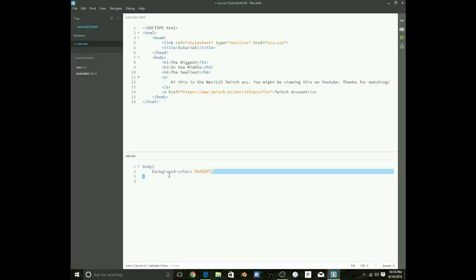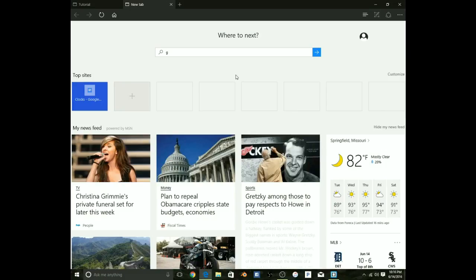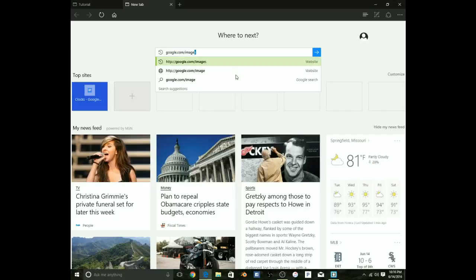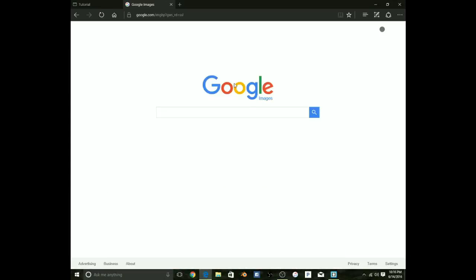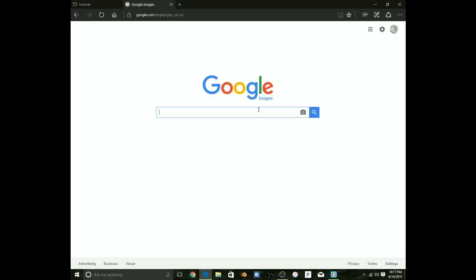Maybe you don't want a background color, maybe that's too plain for you. Well, you might want a picture instead. So what you're going to do is go to Google Images and search up whatever picture you want, literally any picture, so long as it is within the copyright policy, so long as it follows the law and everything. So what we're going to look up is